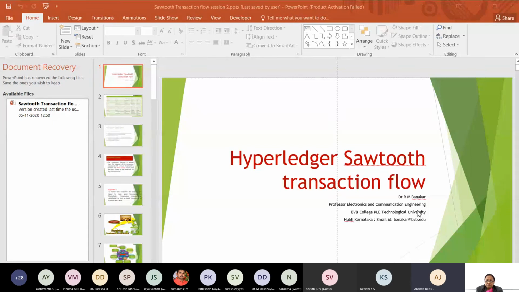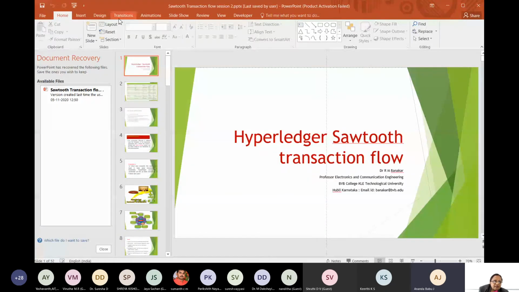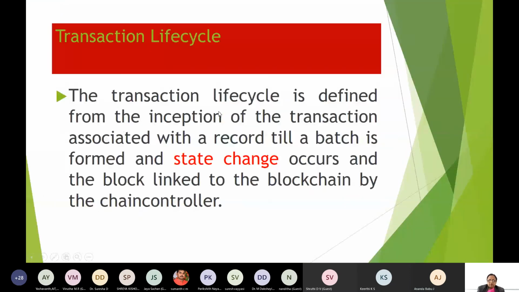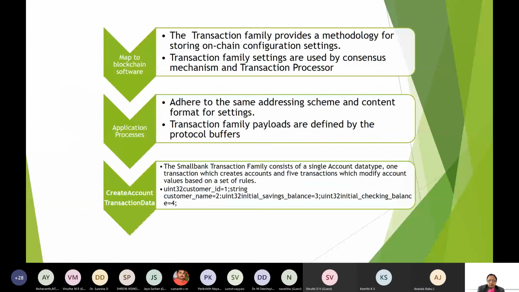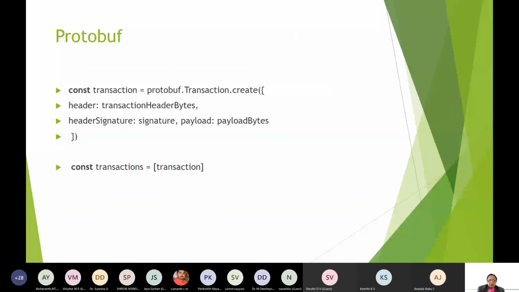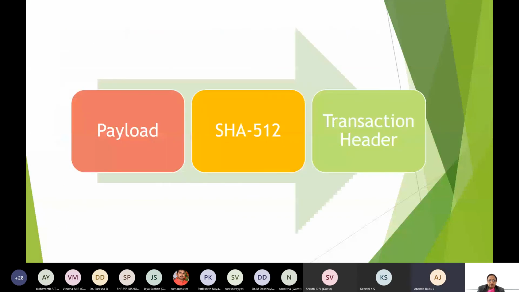Madam, PPT is visible now. Yeah, yeah. Yeah.